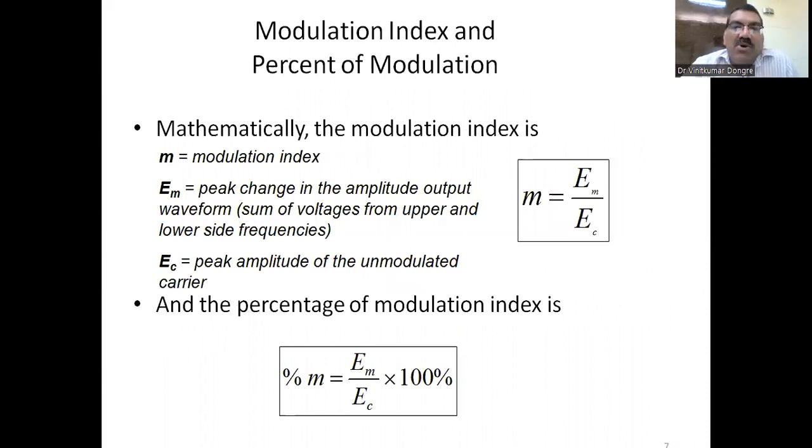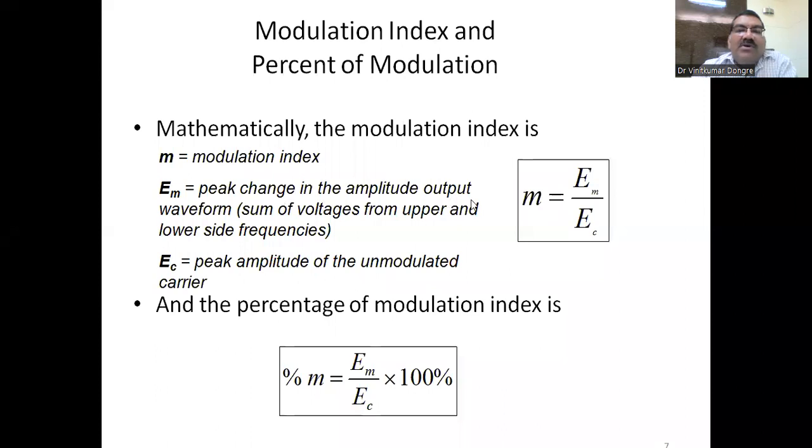Now, what is this modulation index represented by M? So the formula is M equals EM by EC. So the modulation index is EM by EC, and percentage modulation is EM by EC into 100%. Now, what is this EM? M is the modulation index. EM is what? Your peak